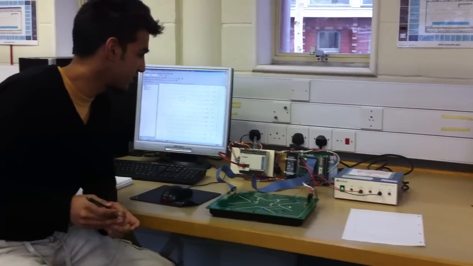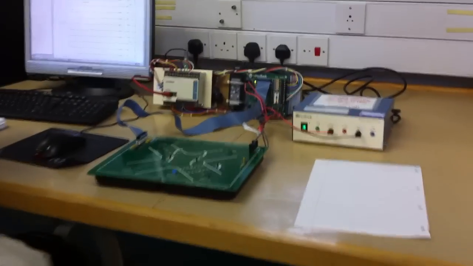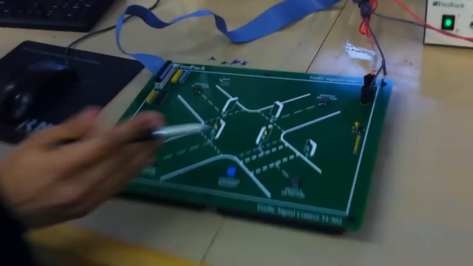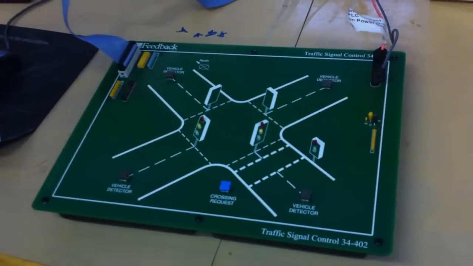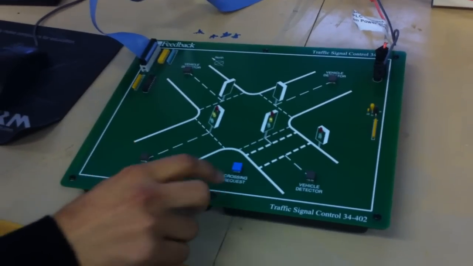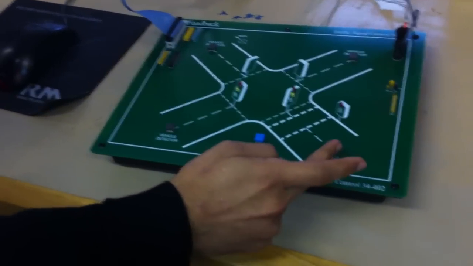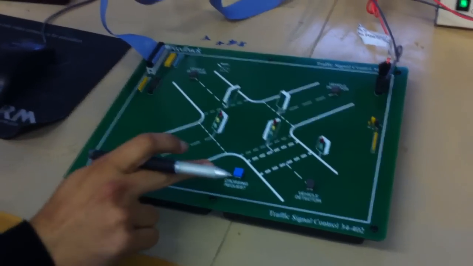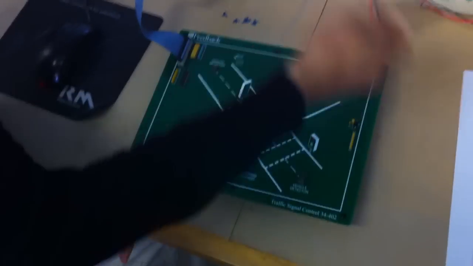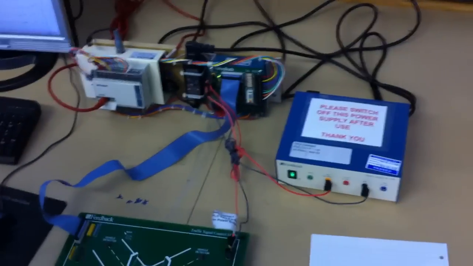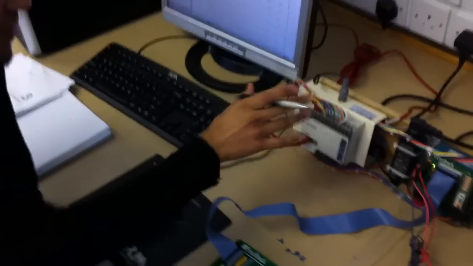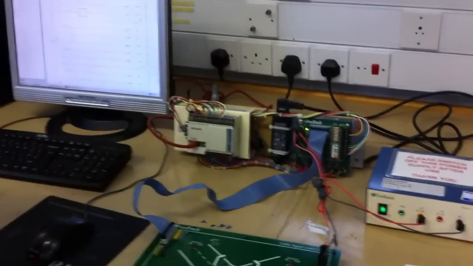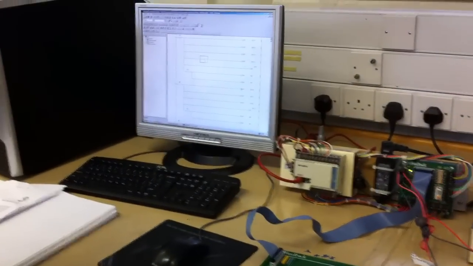So these are the instruments. We have a board in which you can see the traffic lights: west, south, and the pedestrian. The pedestrian has a separate crossing switch, and these are the switches for the vehicles, but we won't be using these. We will only concentrate on this pedestrian switch. And this is the power supply. It will give power to each of the devices, and this is the main feedback system, where we will program the PLC, and we have the system obviously.